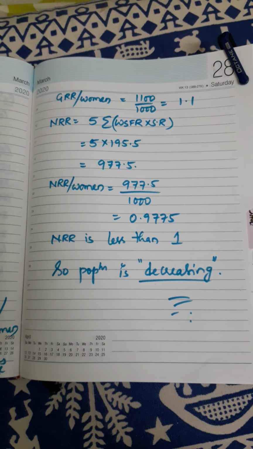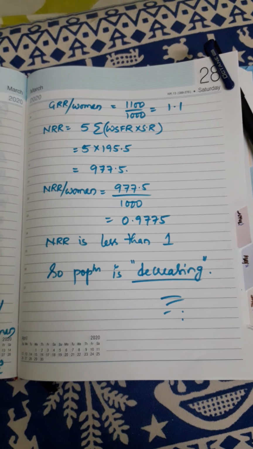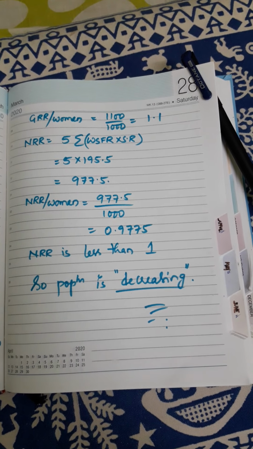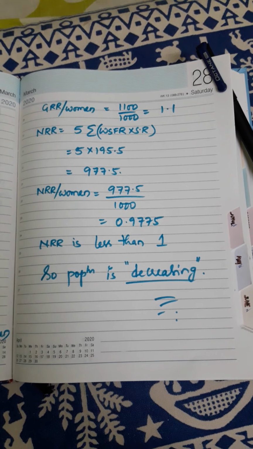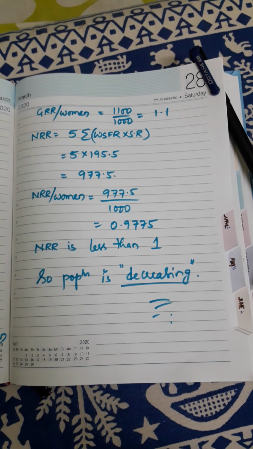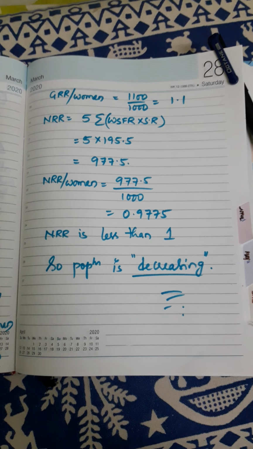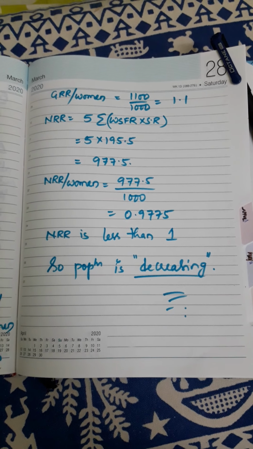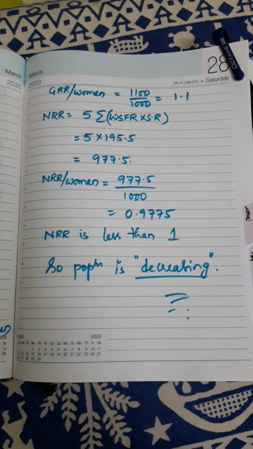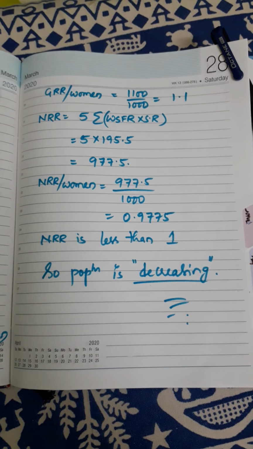So with this, the reproductive rates concept is completed. I hope you have followed thoroughly. If you have any queries, you can rewind and listen again. I hope the concept is understandable, and it is very easy. I am saying very easy. The only thing is you need to understand the concept. Just think practically, personally, feel the method, then you will understand.